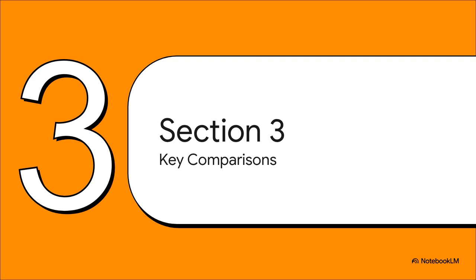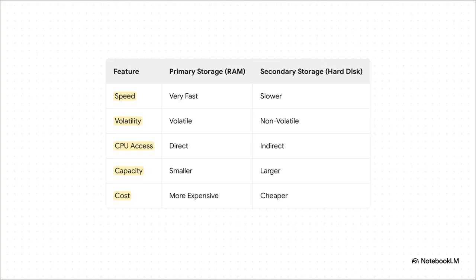These are the kinds of things they love to ask about, so paying close attention here can really make a difference. All right, here's a classic exam topic, the difference between primary and secondary storage. You can see the main points in the table. Primary storage, which is basically RAM, is super fast, but you get less of it, and it costs more. Secondary storage, like your hard disk drive, is slower, but it's cheaper and you can store way more stuff on it. But out of all these differences, there is one that is the most important one to remember for your